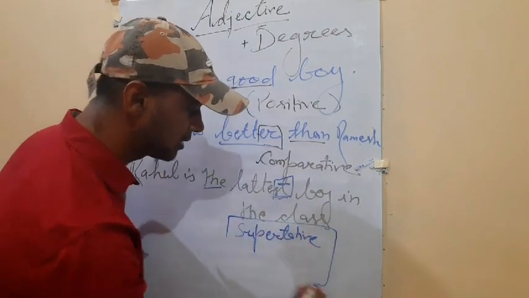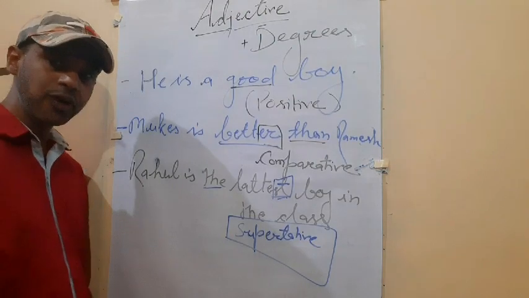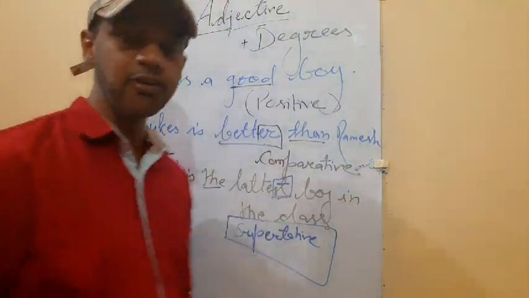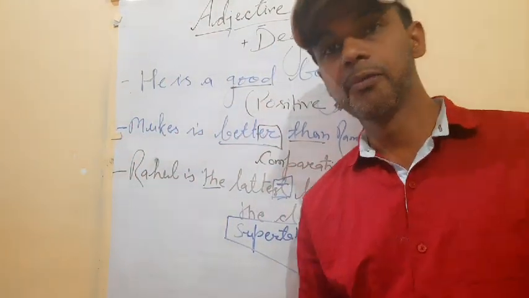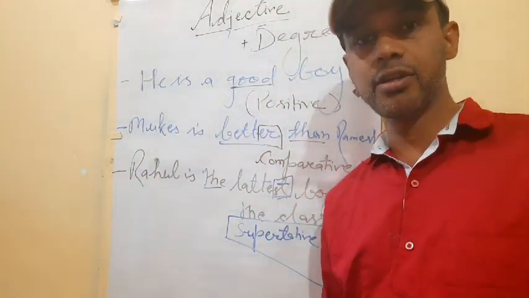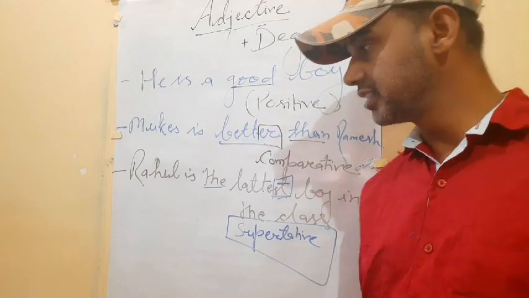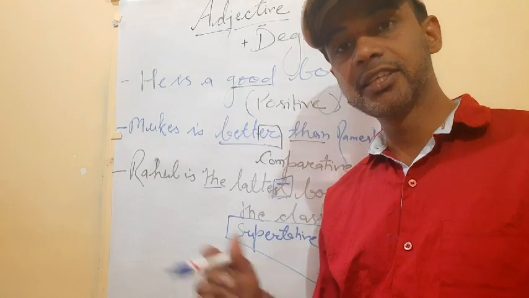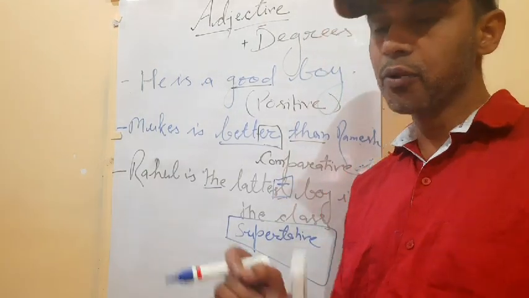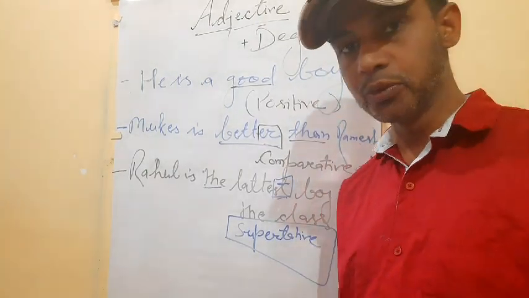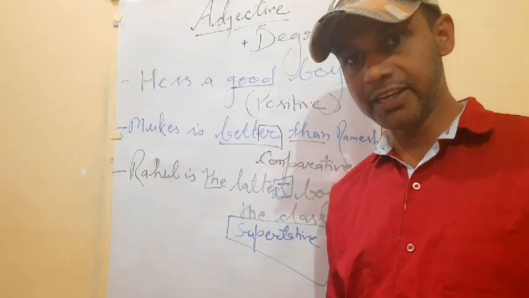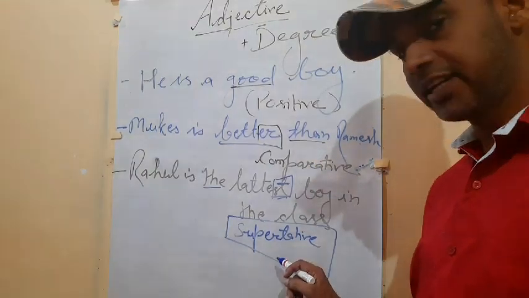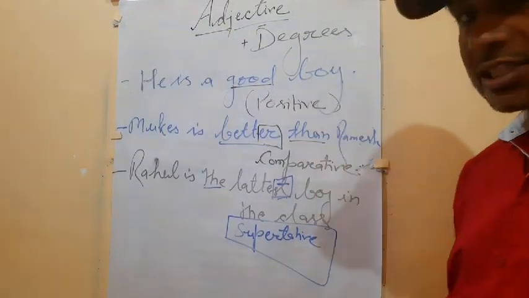Understand now? So what you have to do, sometimes whenever you cannot use ST form, so we add extra word most, like beautiful, intelligent, handsome. If I say he is the most intelligent student in the school. Understand now? So the most, the article, and most tells us quality of superlative form. Understand now? So positive degree, comparative degree, and superlative degree degrees have been also explained.